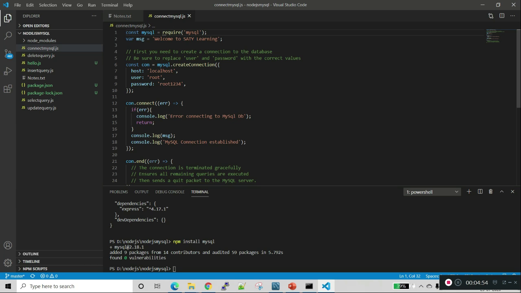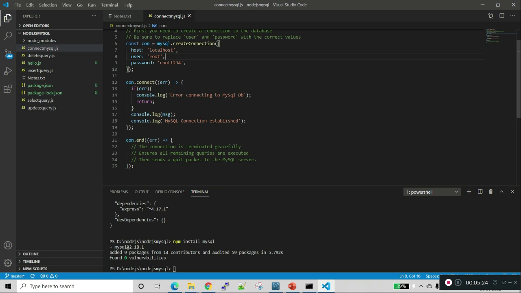This is creating the connection and connecting to the driver. I am also creating a welcome message. Using this MySQL variable, I'm creating the connection. I'm giving the host name as localhost, the user as root, and the password as root1234. You can change this as per your requirement.